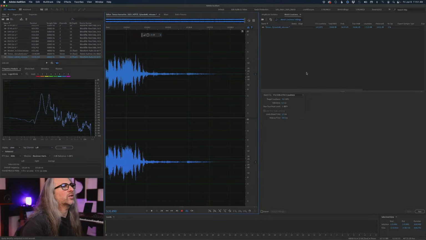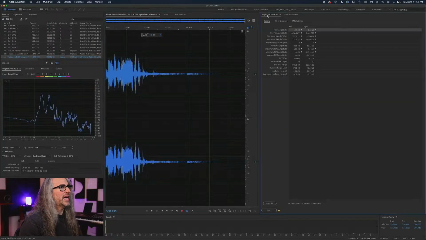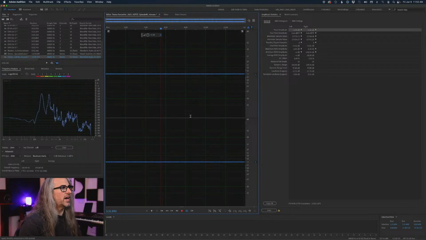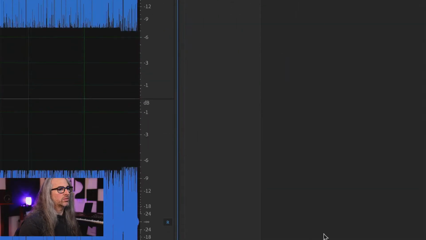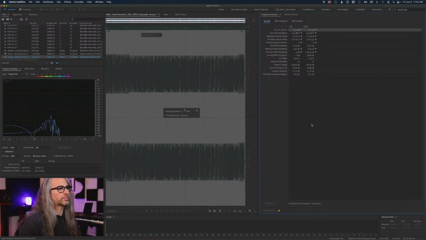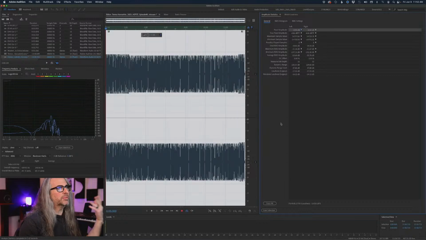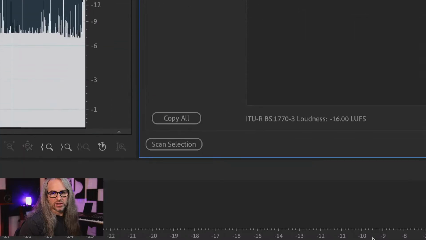Bezier those dots. Yes. Okay. So anyway, as I'm rambling on here, we've got about 4 minutes. Now you can see our ITU loudness is -16. All the other attributes of this file, no clipping. If I were to rerun amplitude statistics on this file, here's our previous, so we were at -10.51 before. Let's rescan. Again, just to get the complete value here, and DC offset 0%. And if we look at loudness, on the money.